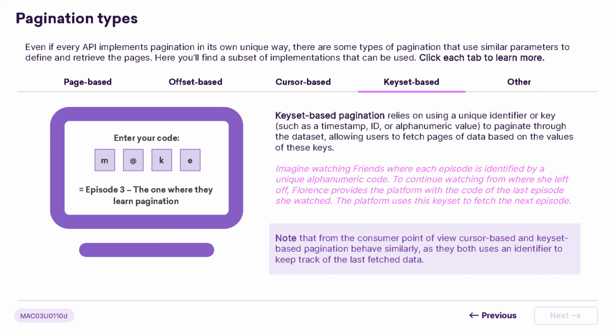In the world of APIs, pagination is a crucial concept that helps manage large data sets effectively. One type we're exploring today is keyset-based pagination. This method uses a unique identifier such as an ID or timestamp to guide users through data. Think of it as being a bit like using bookmarks in a book. For instance, if you're watching a series like Friends, each episode can be marked by a unique alphanumeric code. By entering the code for the last episode watched, the streaming platform knows exactly where to pick up when you're